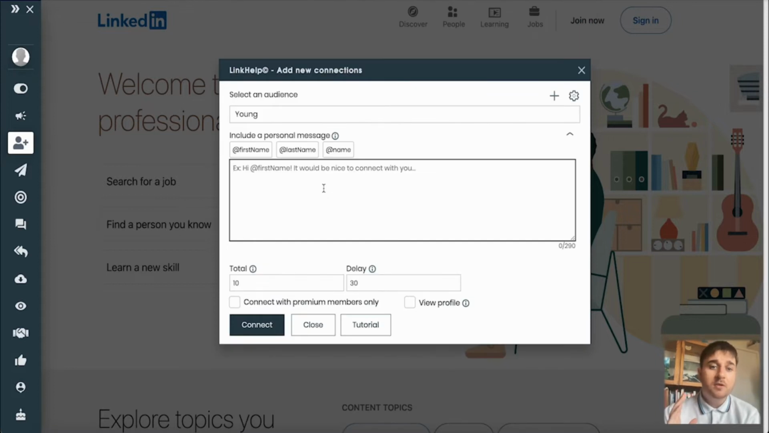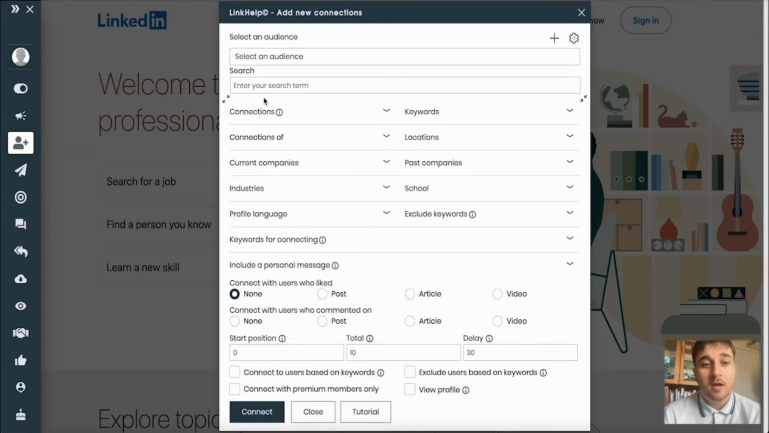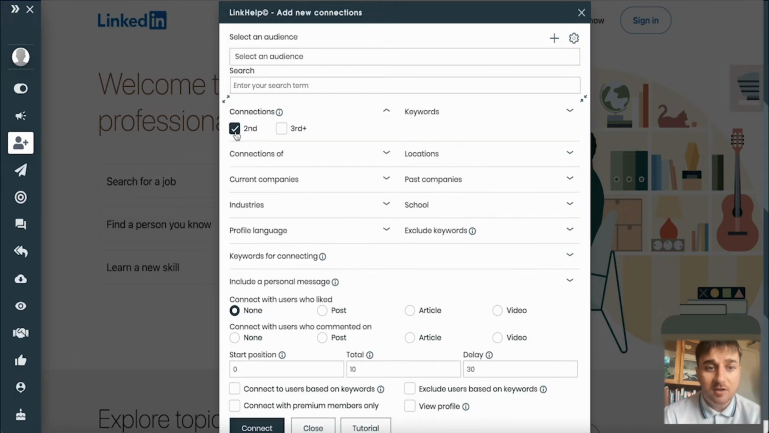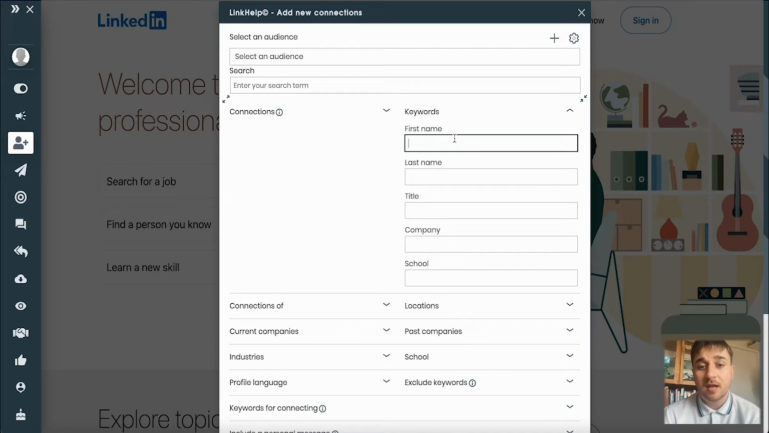You can obviously include a personal message, as well as setting the total number of invitations you would like to send, and the delay between each invite. If you don't want to select an audience, you can also just create your own invitation on here. You can enter a search term, can select second degree or third degree connections, set keywords like first name, last